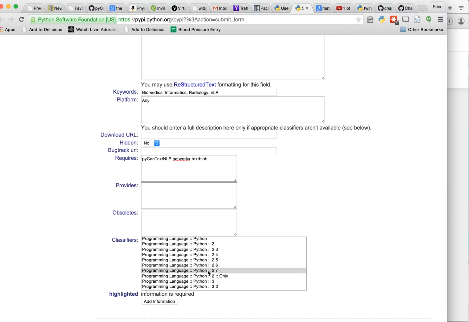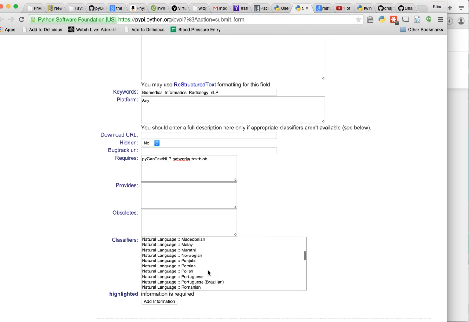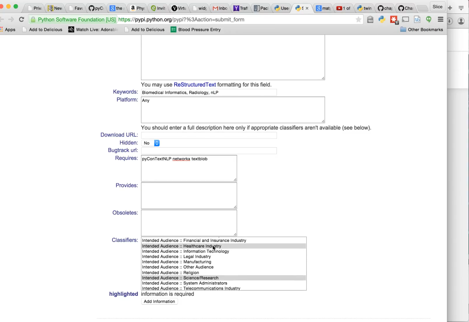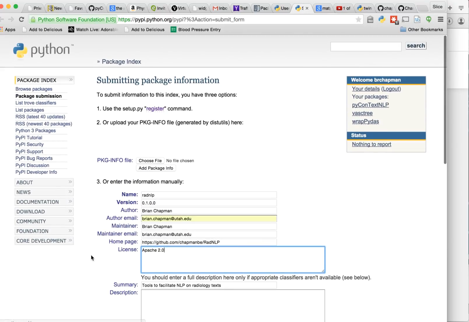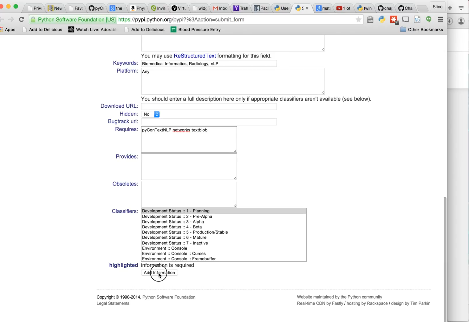So in this case, I've highlighted that it's Python 2.7. I haven't specified anything about platforms. It's written in English. Let's see, intended audience, healthcare industry, science, research, and so on. So now I should add information,